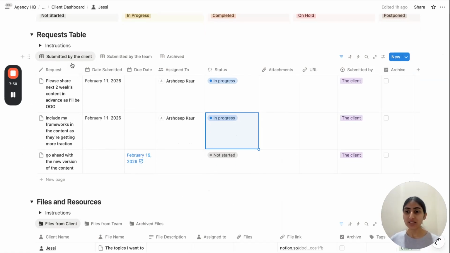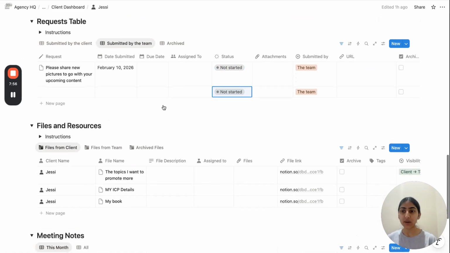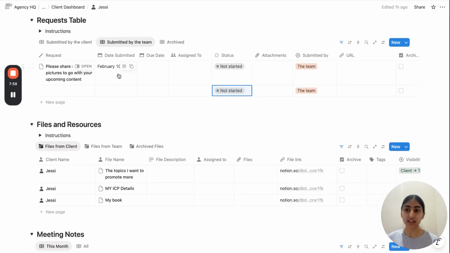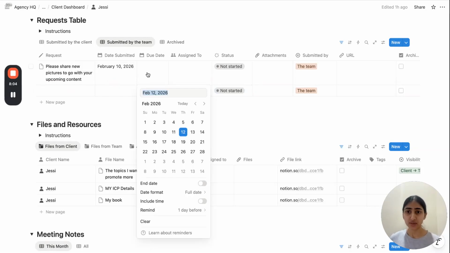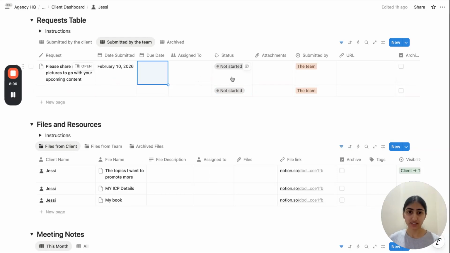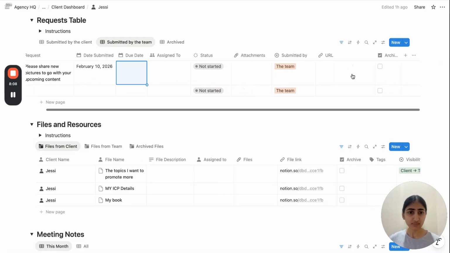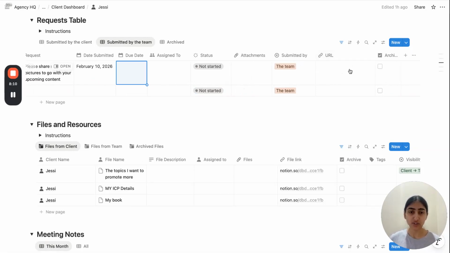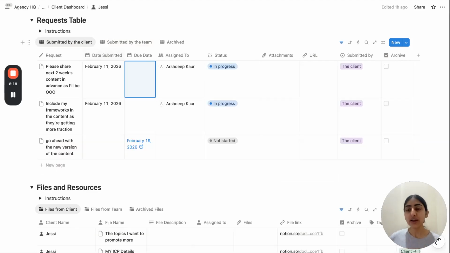So your client comes and assigns any request to your team, and here your team can add any of the requests that they have for the client. For example, please share new pictures to go with your upcoming content. What's the due date? Who is assigned? What's the status? Any required attachments on UI. So when requests are